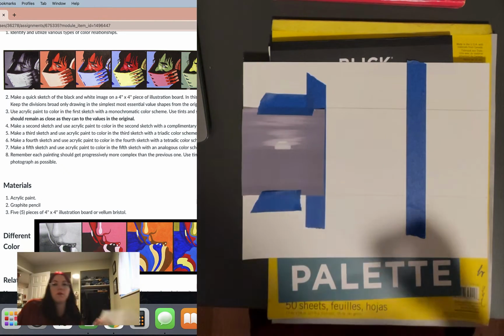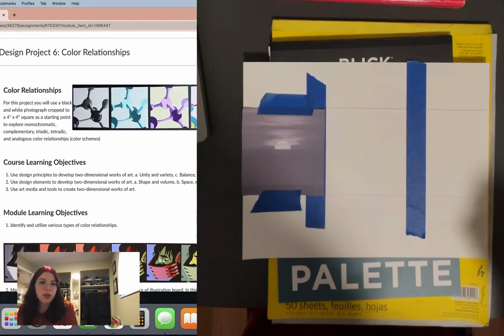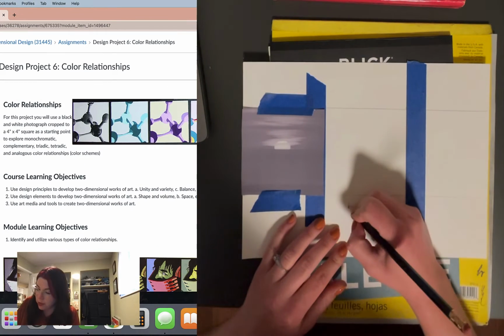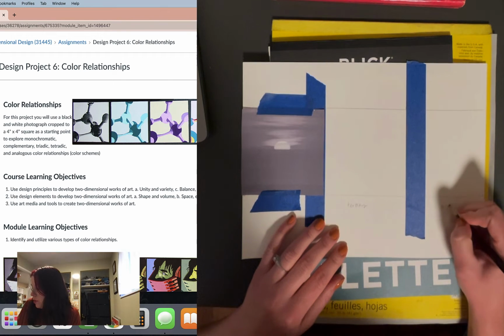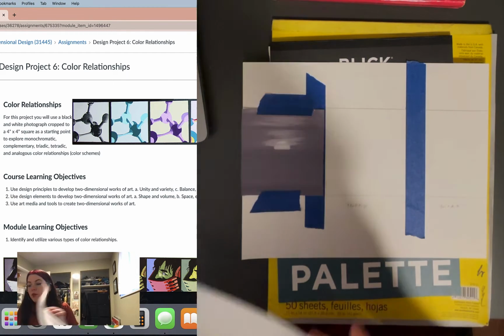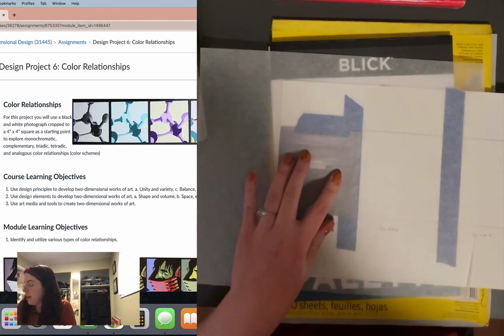Let's see, what color palette do I want to do today? Maybe we'll do a tertiary color palette. And then maybe if I have time, I'll do a triadic, but I'm probably not going to get to that one. So with your tracing paper, I like to just put it over my image here